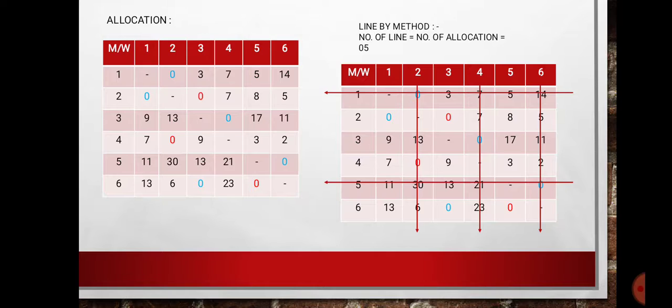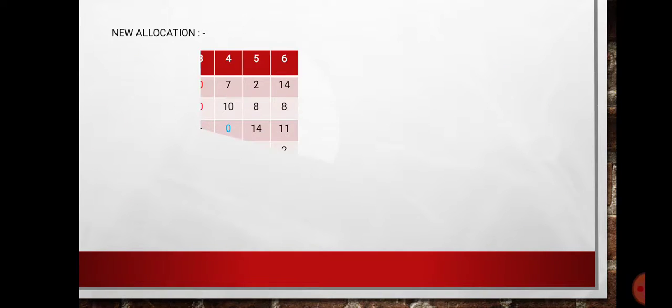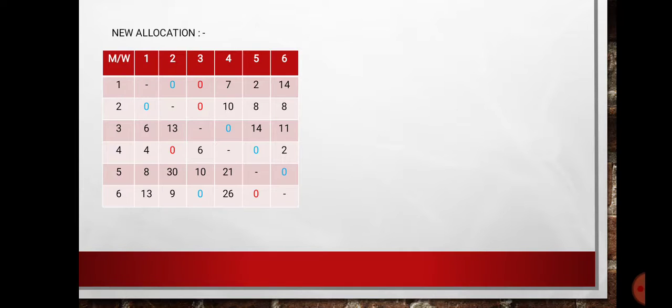I will cover all the zeros. By mistake these lines are going upper side, and so these lines going upper side. These lines will be here, and these lines will be here. You correct it. Then new allocation. Same, two 0s leave it, then select one 0. Same, two 0s leave it, therefore only one 0 select, available 0. Two 0s leave it, only one 0 select.